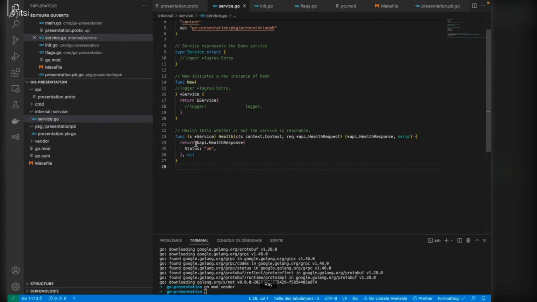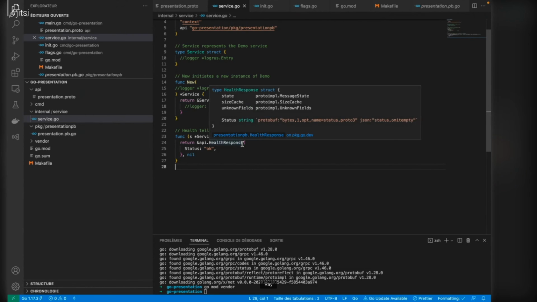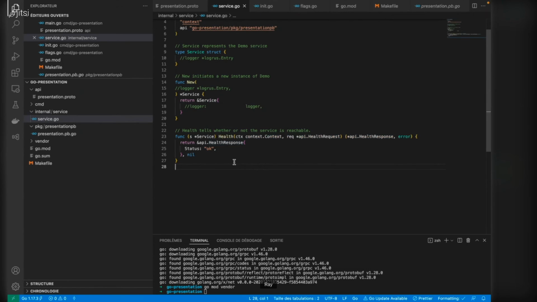Now I will show you how to use a gRPC gateway in order to expose this Golang API in HTTP. Because gRPC is a good thing to use when you work internally.